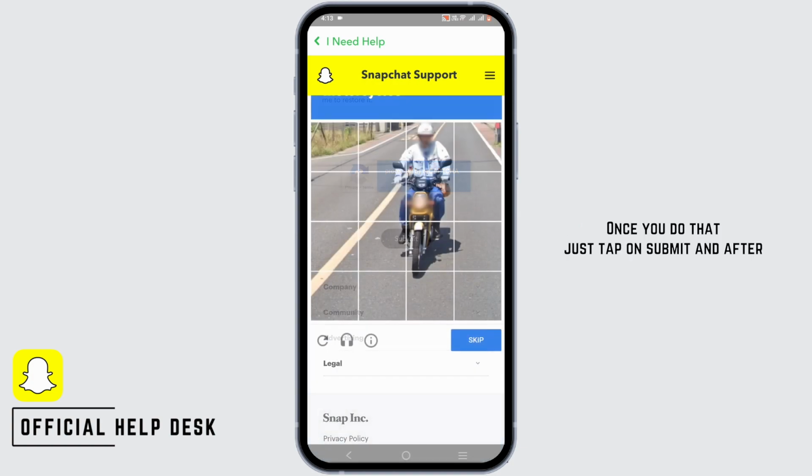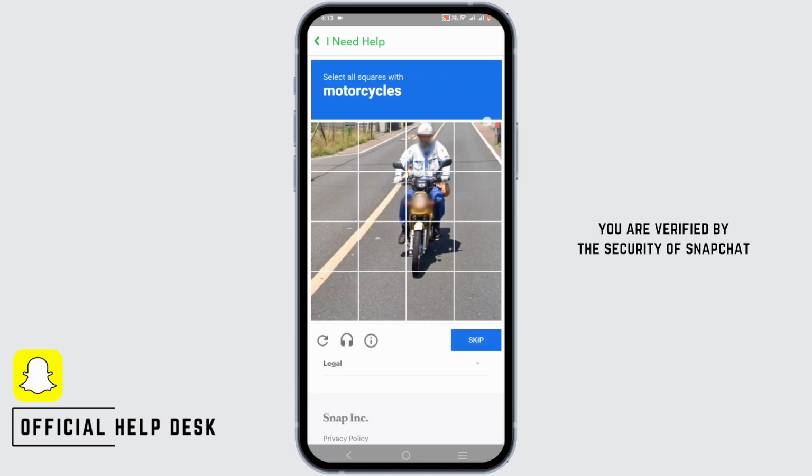And once you do that, just tap on submit and after you are verified by the security of Snapchat, your request will be sent and after a while or a couple of days, Snapchat will get back to you with